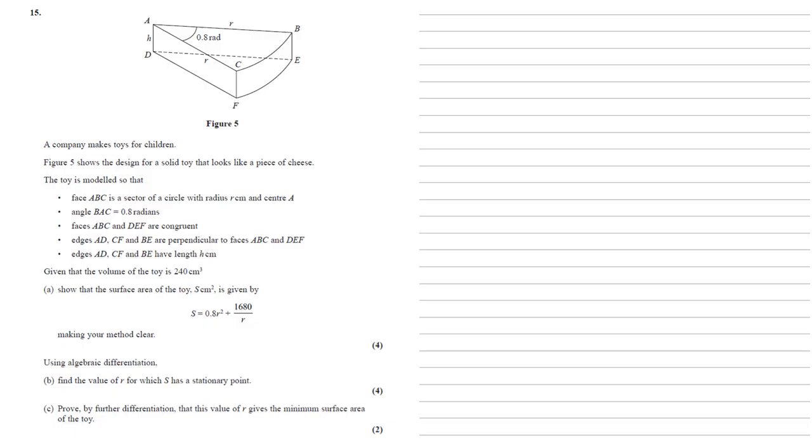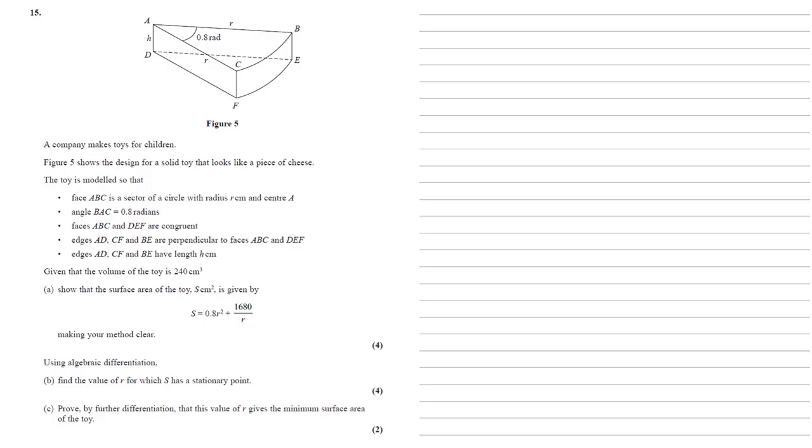The toy is modelled so that face ABC is a sector of a circle with radius r centimetres and centre A. Angle BAC equals 0.8 radians. Faces ABC and DEF are congruent. Edges AD, CF and BE are perpendicular to faces ABC and DEF, and edges AD, CF and BE all have